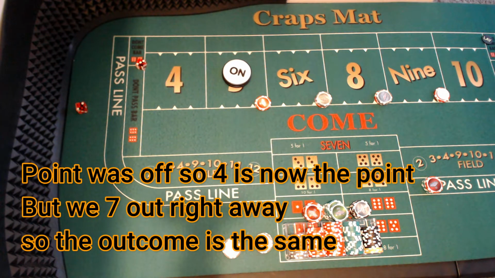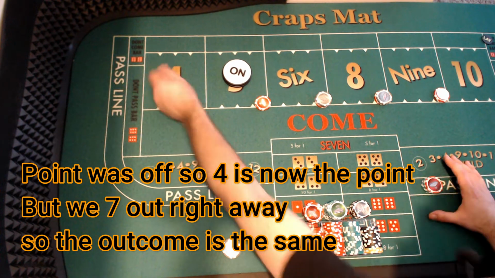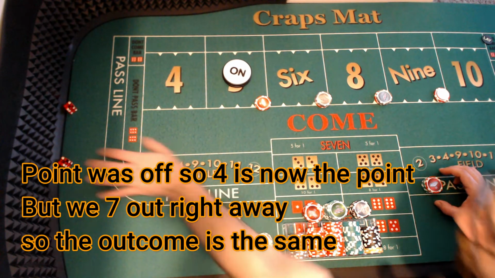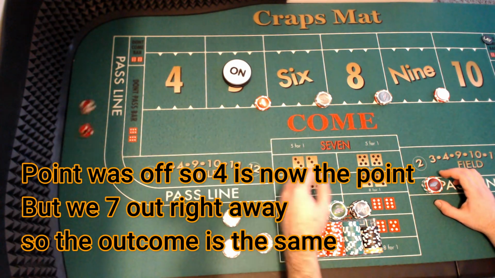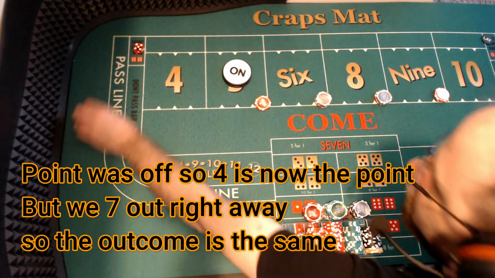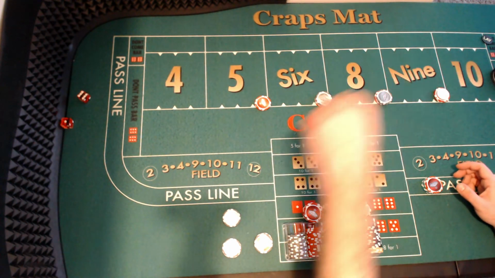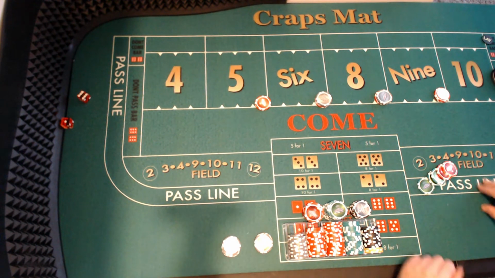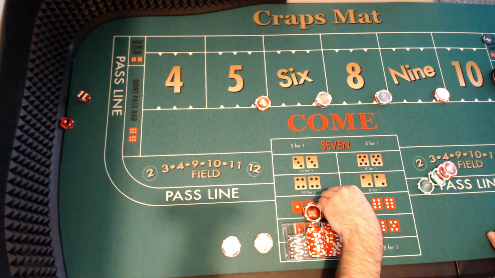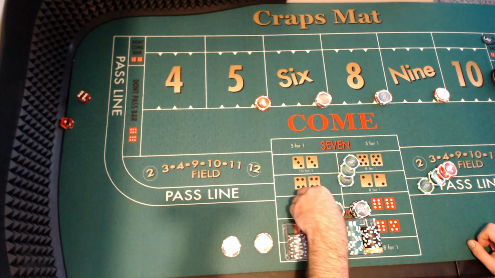All right, so the point was just established at a 5. And here we go. 4, first 4 thrown. 3, 6, 7 out. All right. Reset this. Lose that. So we come back up with, I believe we had just won on the 80 before that. So we're just going to come back up with,